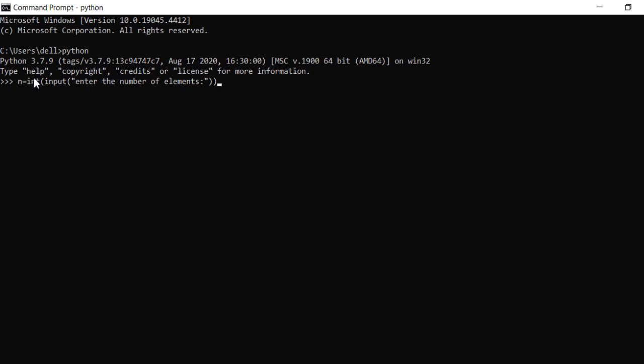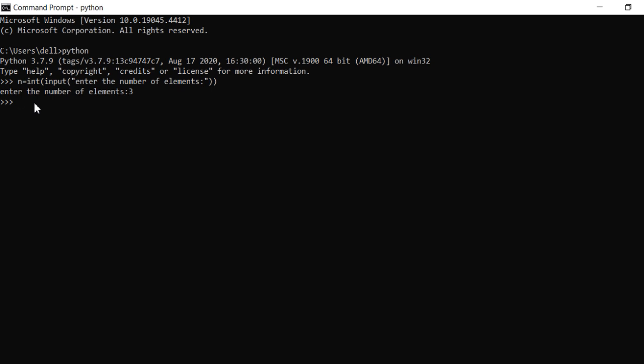So let's continue. When I hit enter, we are getting this prompt, enter the number of elements. Let's type here 3. It means we want to enter 3 elements with this variable n. N must point to value 3. Now I hit enter. You will see this prompt on the screen. This indicates that everything is working properly, and for sure n is now pointing to value 3. It is pointing to integer value, not character, because we have done typecasting here.